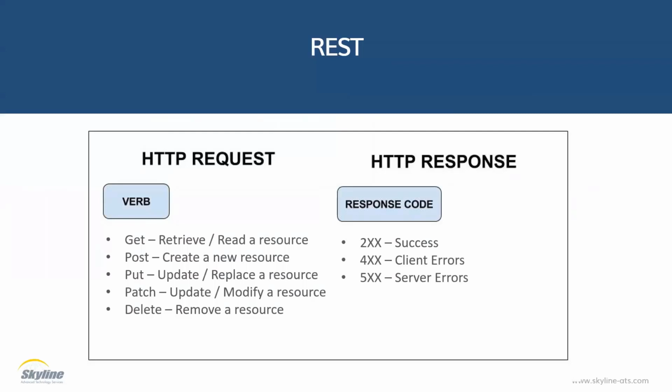So 400s, anything that begins with a 4, is a client error. 400 could be a bad request. We see that a lot of times when we're trying to access web pages. A 401 could be unauthorized, meaning authentication is bad. 403 would be forbidden, meaning that you don't have rights to do whatever it is you're trying to do. Maybe you're trying to delete something, and you don't have access to or rights to that resource. 404 is not found. 429 is too many requests. Those are the main ones you'll see a lot.